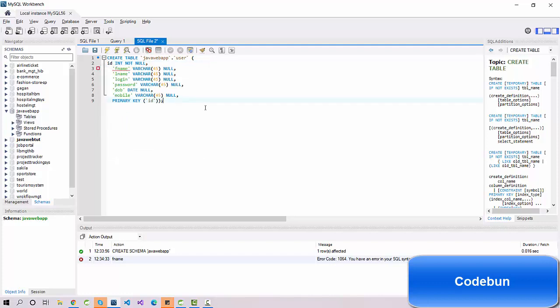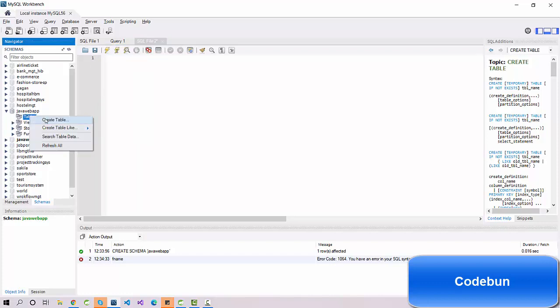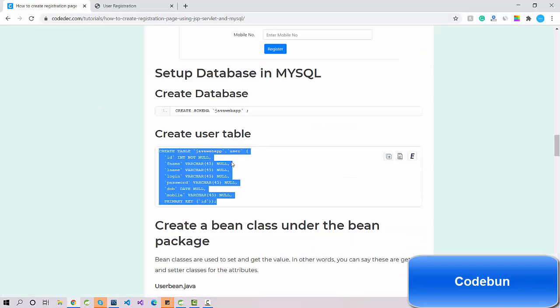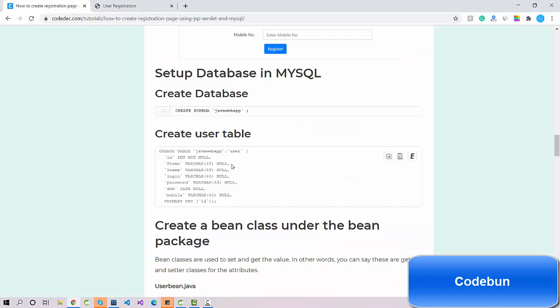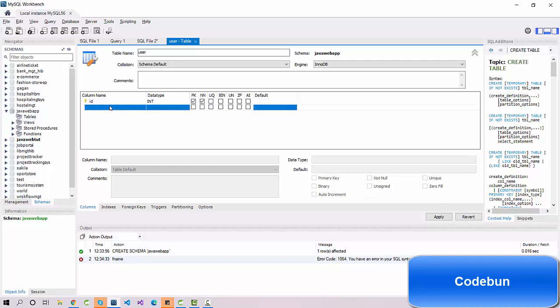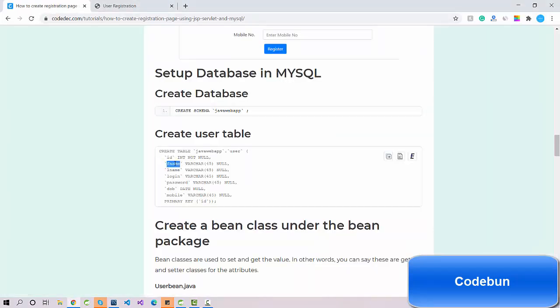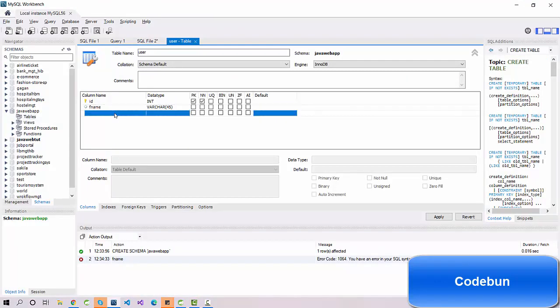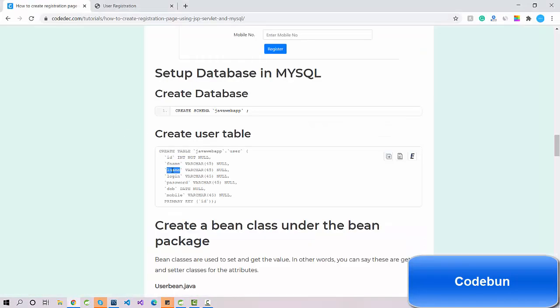The other option we have is that we can create the table directly. So we need this table. Just right click on the table, create a table, and the name is user. We need an ID column, so the first name will be ID. Always keep an ID there, so that it is going to help us. This ID will be the primary key and it should be not null. The next field we need is first name, so I'm going to enter FName. Then I'm going to enter the last name,